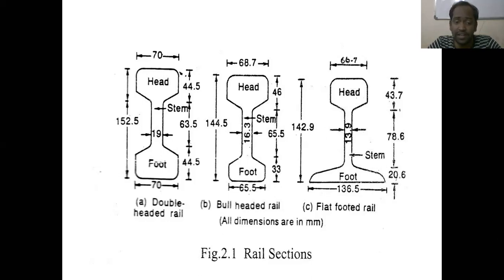First one is the double-headed rail, bull-headed rail, and flat-footed rail. You can see here the dimensions of various rail sections. In double-headed rail, the foot contains a width of 70